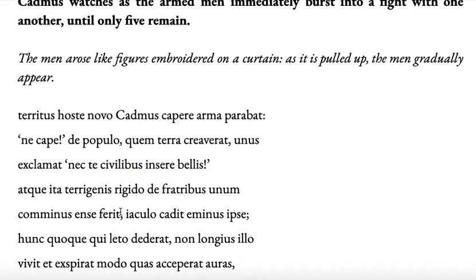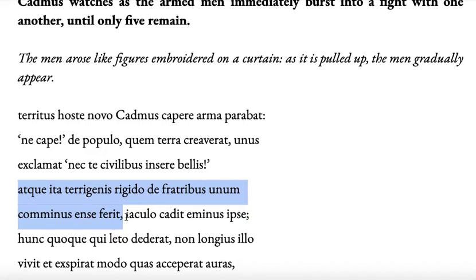And then here is the next bit. Atque ita terrigenis rigido de fratribus unum comminus ense ferit. Okay. So the first two words, atque ita, mean and so. And then the main verb is ferit. Now, this is not ferro ferre. This is ferio ferire. Okay, so ferro ferre is to carry, but ferio ferire, fourth conjugation, is to strike or smite or hit. So he smites, present tense, he hits